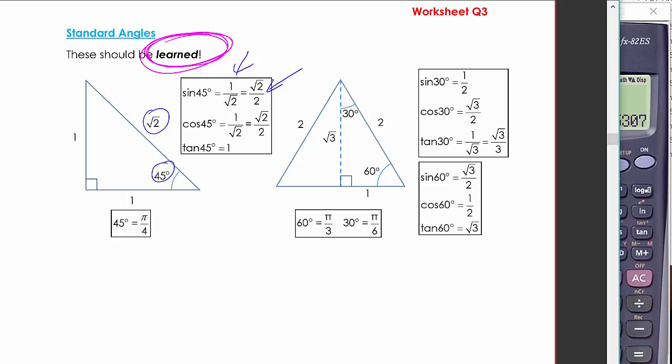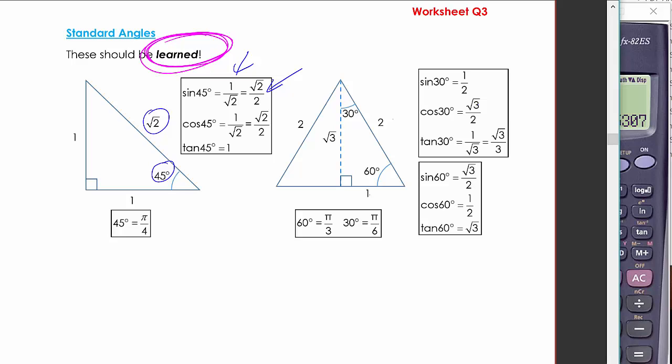Here we have an equilateral triangle, all the sides are 2. Remember, the angles of an equilateral triangle are 60, but what I've done is I've cut it in half, so this angle up here is 30. Again, using Pythagoras, you can work out that the height here is the square root of 2 squared minus 1 squared, so root 3. So using the 30-degree angle, sine is opposite over hypotenuse, which is a half, cosine is adjacent over